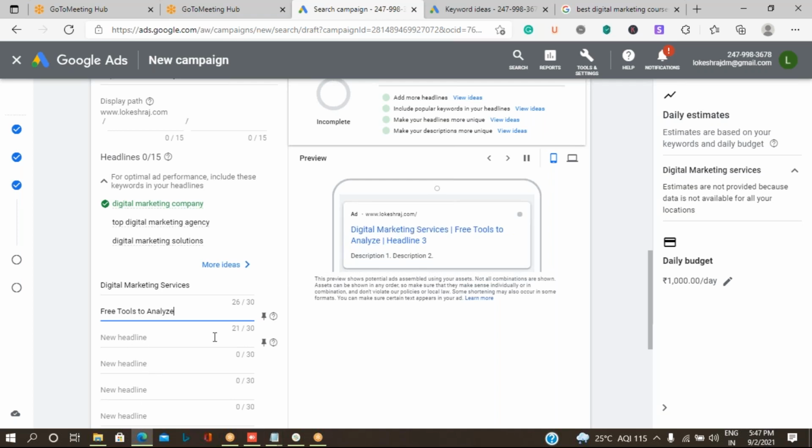Okay, so you can use minimum two, three also it's okay.